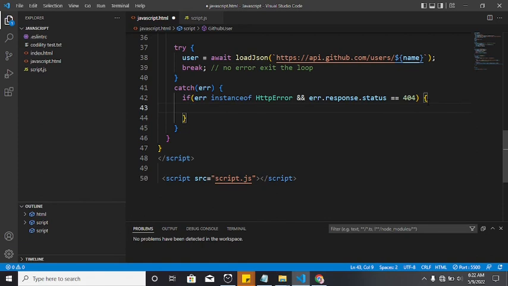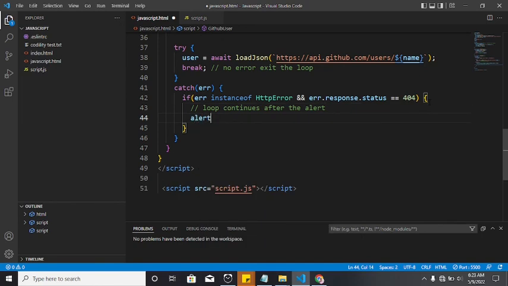So here we're going to say, so let me just put this. What we are doing here is that you're saying loop continues after the alert. Okay, and then here we're going to say alert no such